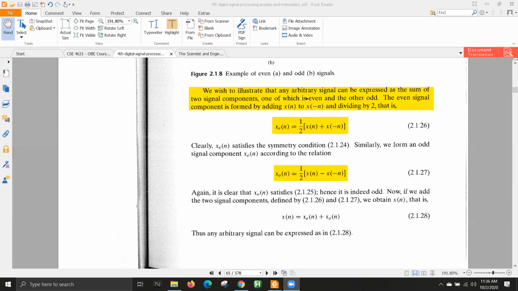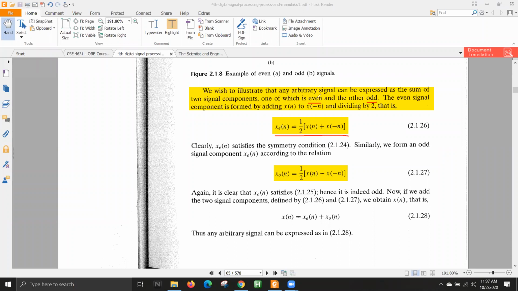So any such arbitrary signal can actually be expressed as the sum of two signal components, and these two signal components are called the even component and odd component. এখন এখানে একটা জিনিস বোঝা লাগবে যে এই ইভেন কম্পোনেন্ট আর এই অড কম্পোনেন্ট, these are not the same as the even and odd signals that I talked about a while ago. This is the even component, not the even signal. ইভেন সিগন্যাল হলে x[n] equals to x[-n] ওই শর্তটা ফলো করতে হবে, but this is not the signal, this is the component of the signal, and this is defined in